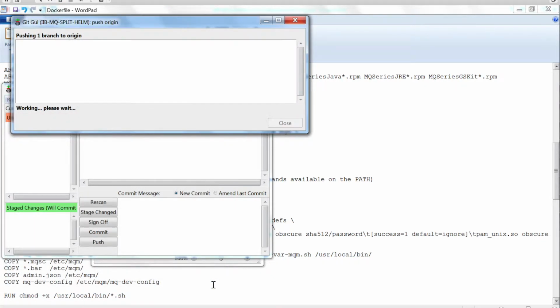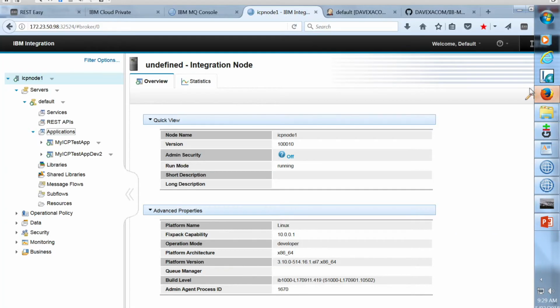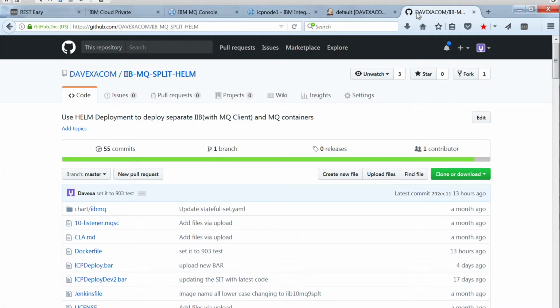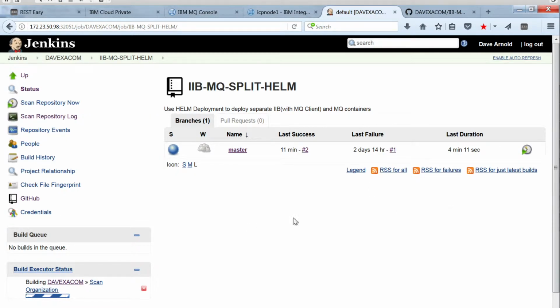I've already signed in before, so my Git GUI knows that it's targeting my MQ split Helm. Okay, and that is my repository up on GitHub. So if that's gone through fairly happily, we're already seeing that there's a scan going on. This is my Jenkins pipeline, which is running on ICP, and it's configured to look at my organization, davexa.com, and it's doing a scan of the organization